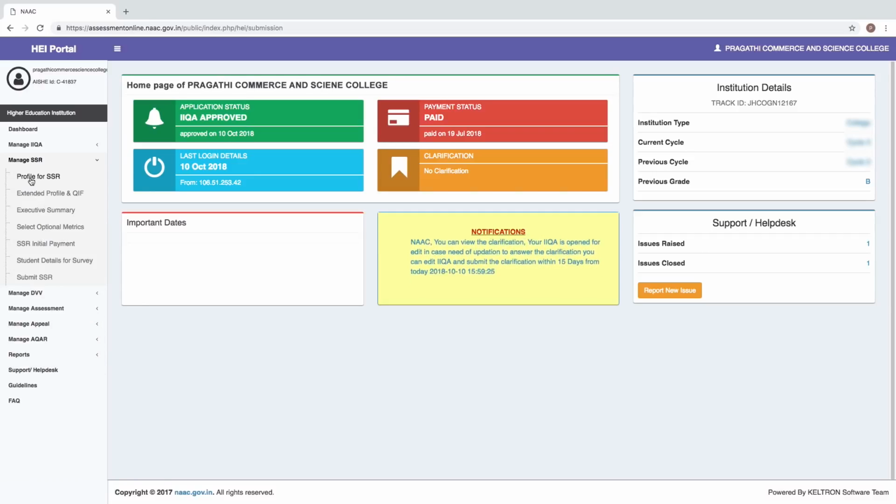After submission of your IIQA, you will see that your issues are attended, and you would be checking the portal mostly in this section of Manage IIQA and in this extended profile in QIF. When you click on this, access will be granted to this section only after your IIQA is approved. The approval of IIQA will also be sent through mail to the registered email address, and access to the extended profile